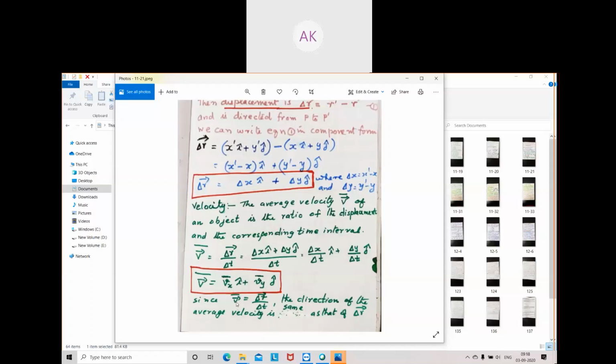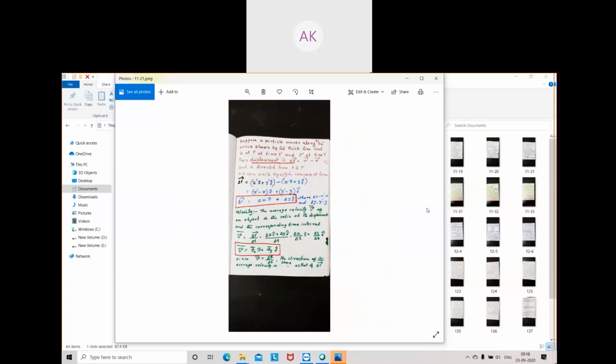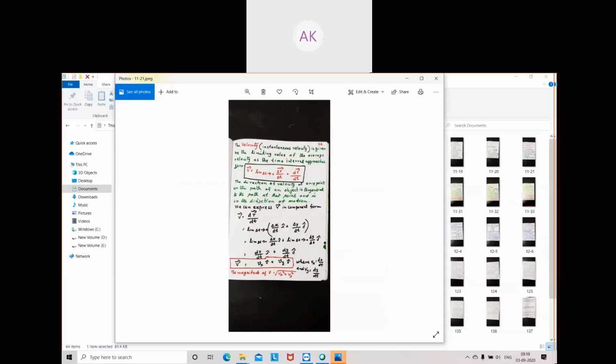Vector v bar is equal to delta r by delta t. The direction of the average velocity is the same as the displacement. So this is what we have discussed in the last class. Average velocity has two components, Vx bar and Vy bar. Similarly,